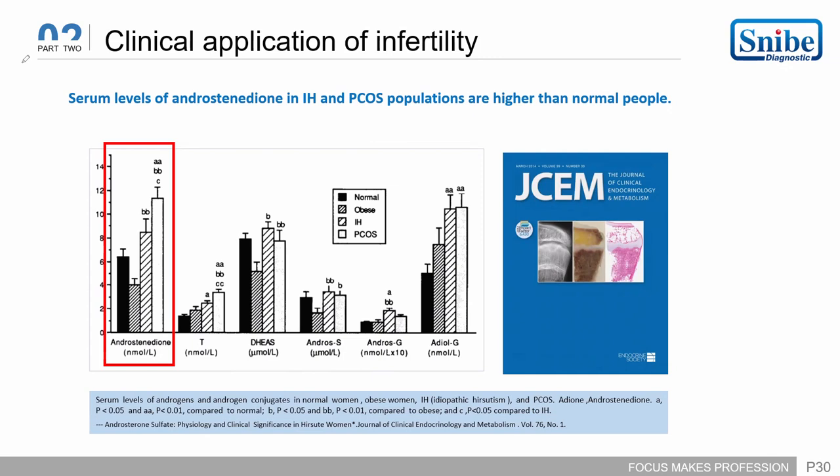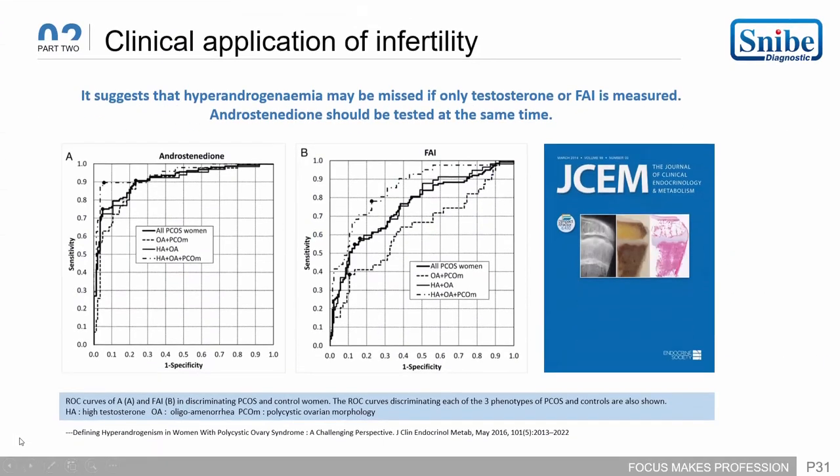So this is also a helping tool for the clinical application of using the androstenedione assay with the other assays in conjunction to rule out PCOS. So it is also suggested that hyperandrogenemia may be missed if only the testosterone or free androgen index is measured, and androstenedione should be tested at the same time. So this is the recommendation on the basis of which